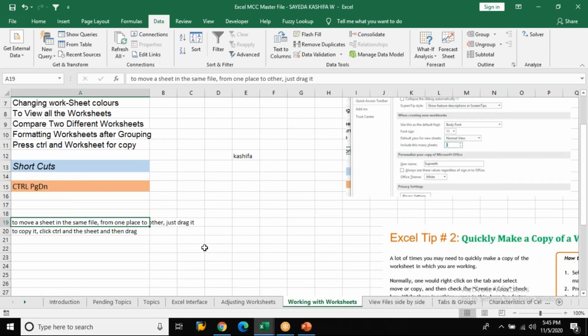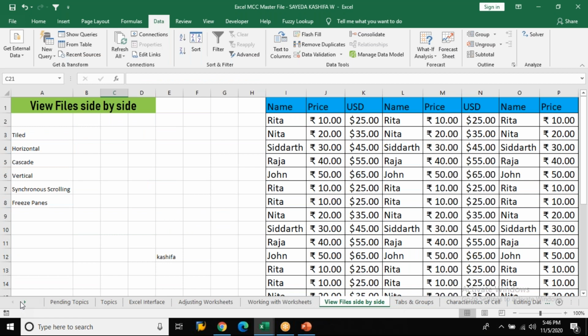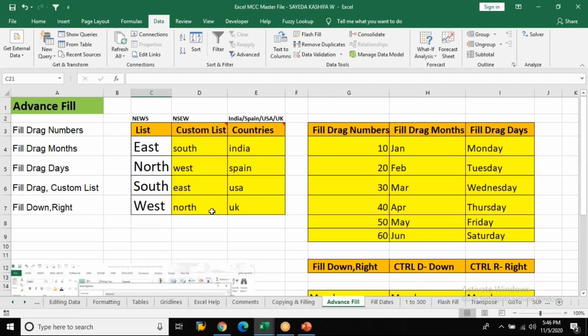To move a sheet in the same file from one place to another, just drag it. In the class, I have clearly explained it. If you have made notes, you would have got it. I'm just checking anything else. What will F1 do? Anyone knows what F1 is for?